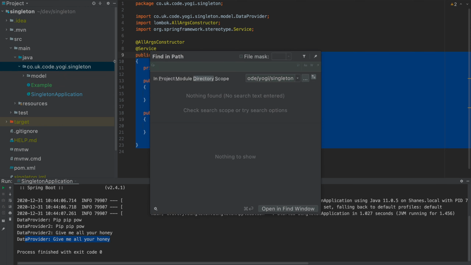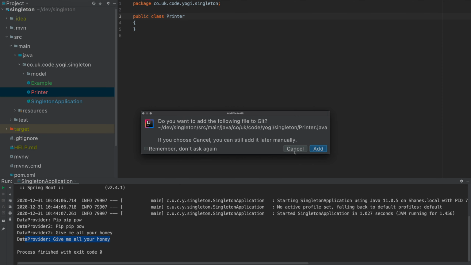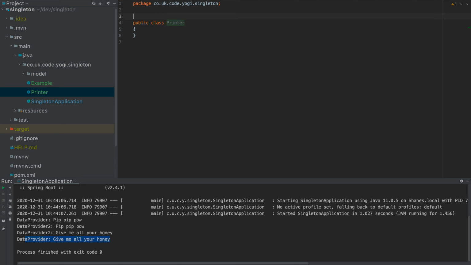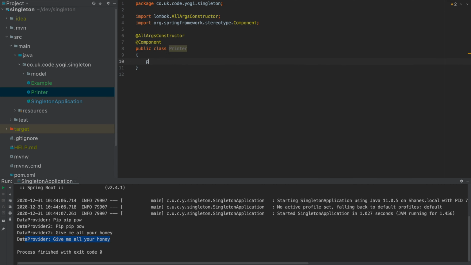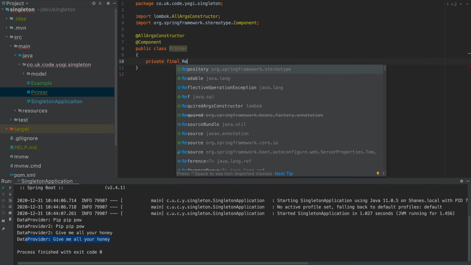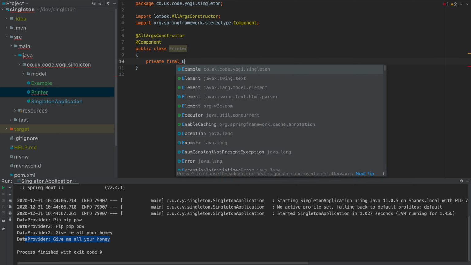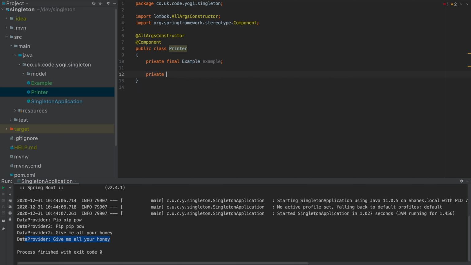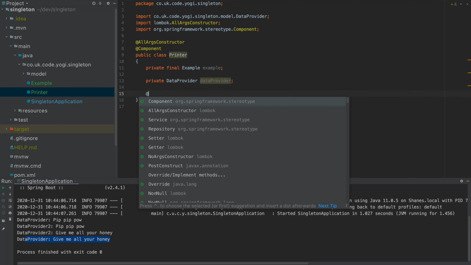I'm going to now create something where we can just print stuff out using the Spring context. So we'll call it printer. Yes, stop asking me. We'll make this an all-args constructor as well, and we'll make the printer a component, for whatever reason, it doesn't really matter. And in here, private final, we need, what did we just create? So I want the example, but I also want the data provider. And if I now create a post construct,